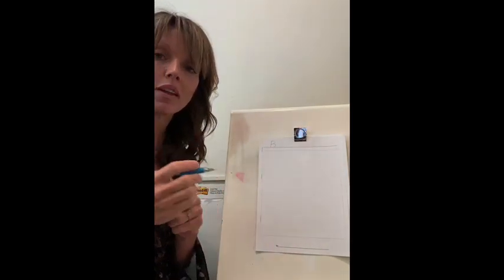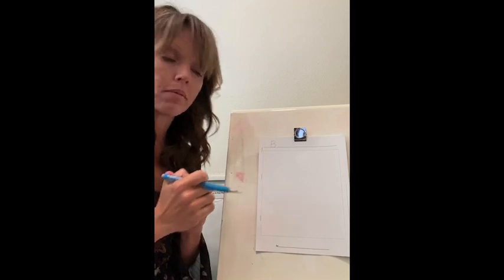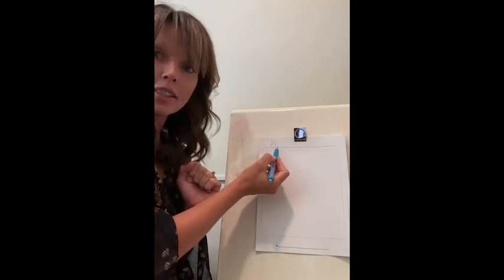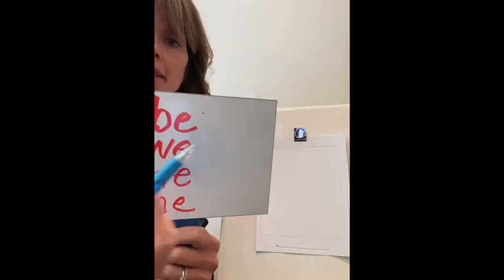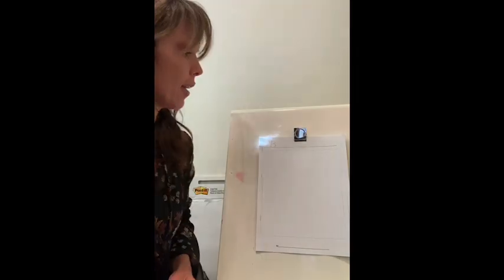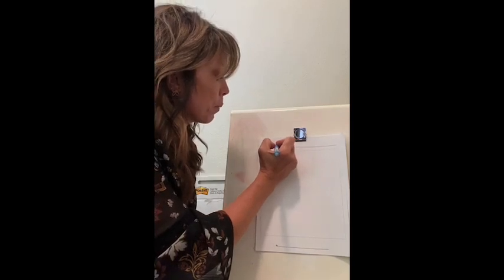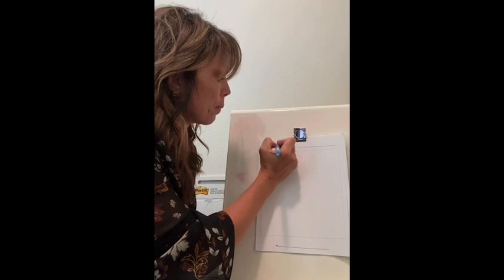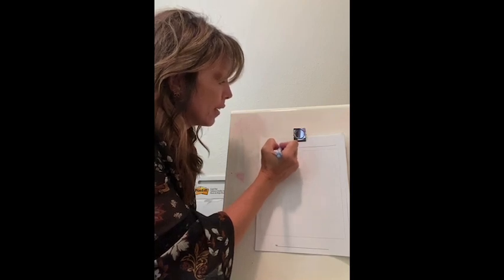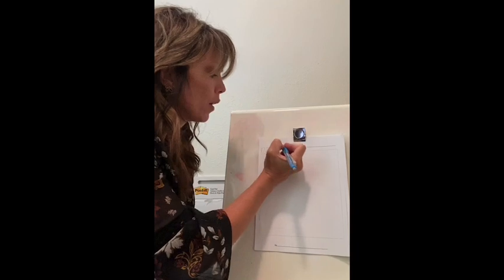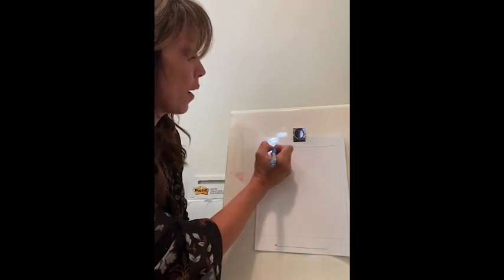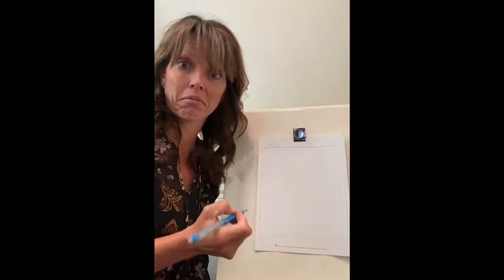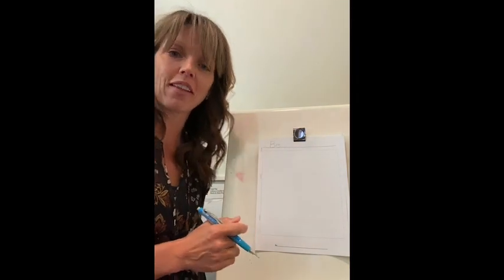Okay. So then our next letter, so our capital B, now our next letter needs to be lowercase. Okay. So we know that the next letter in the word be is the letter E. Okay. So E is push out to the right, curve up, letter C. Okay. So if we think about the shape of the E, it's push to the right, curve up, make a C. Pretty easy when you think of it like that, huh?